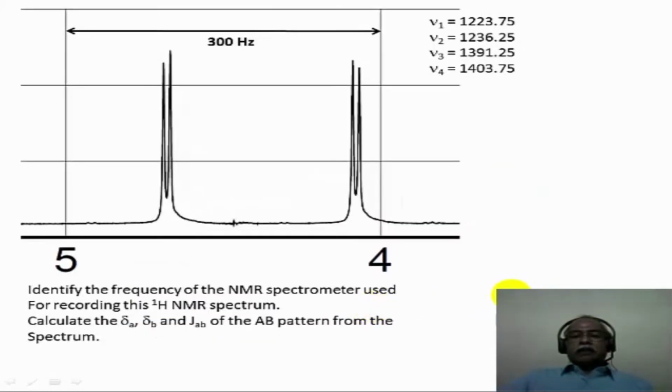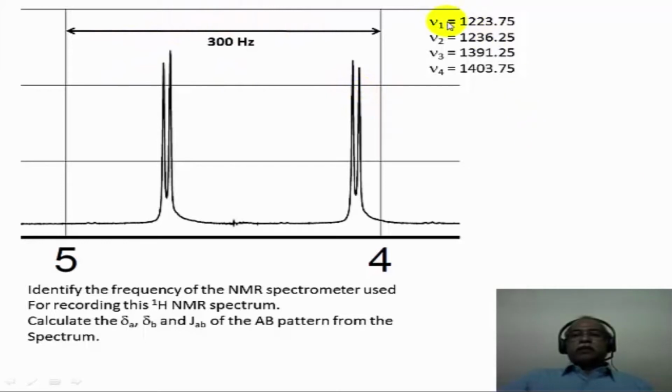Now this is a fairly simple problem. A spectrum is given here, and from the look of the spectrum you can see there is a doublet here and another doublet here, and these two doublets essentially form an AB quartet kind of spectrum, because with respect to the center this is symmetrical on either side. You see a slight roof effect in this part, so it has a slight second order effect.